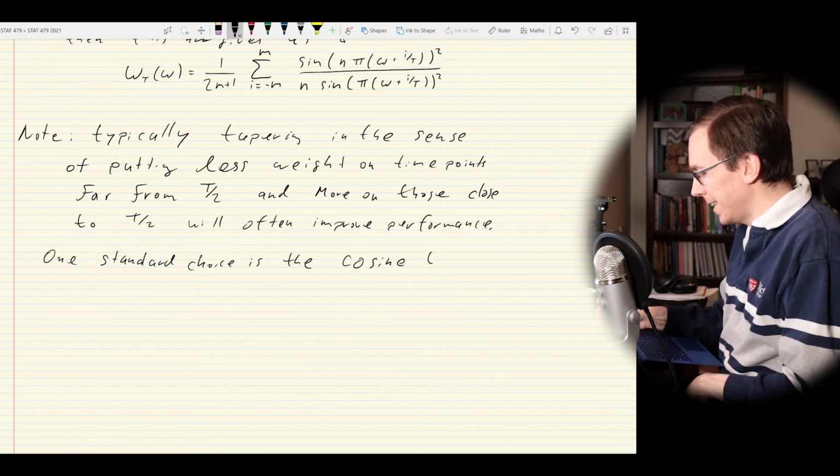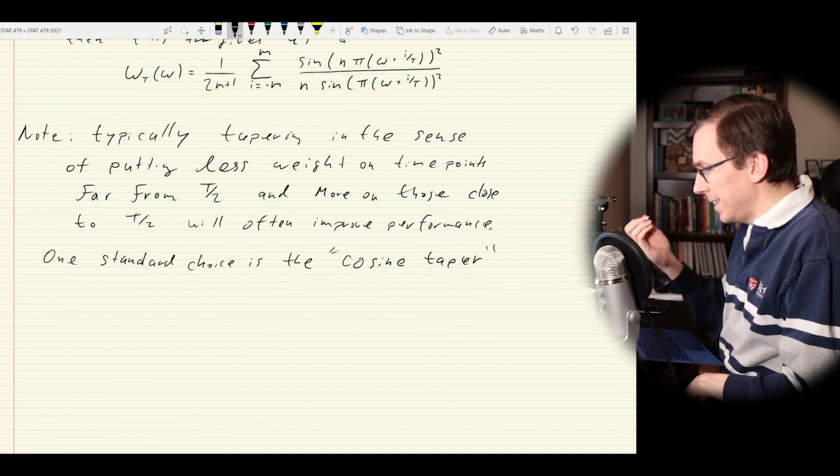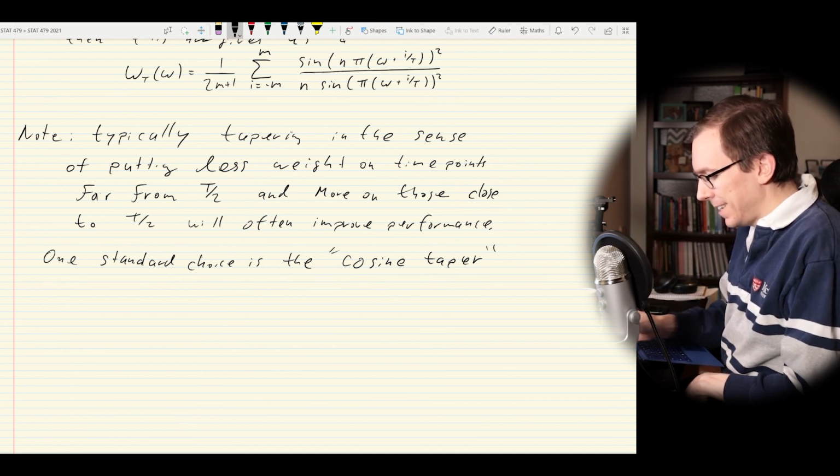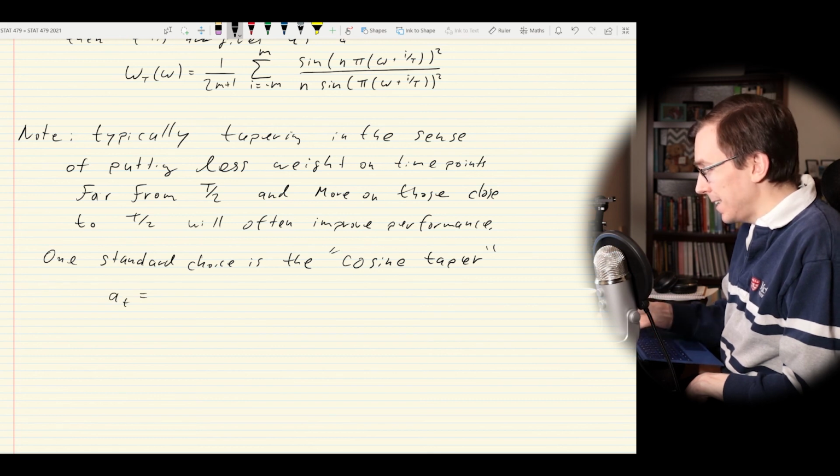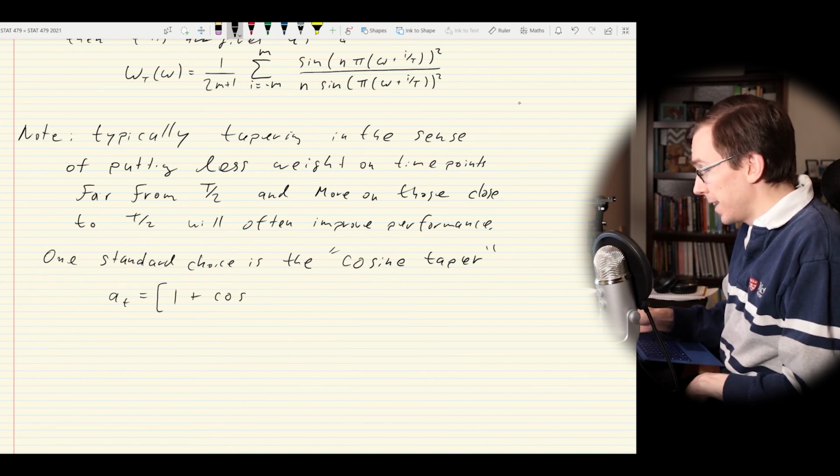The cosine taper. This one is in the a_t, or time domain. In this case, we take a_t and we simply say that it is equal to 1 plus the cosine of, okay, let's see if I can get all these parentheses correct. It should be